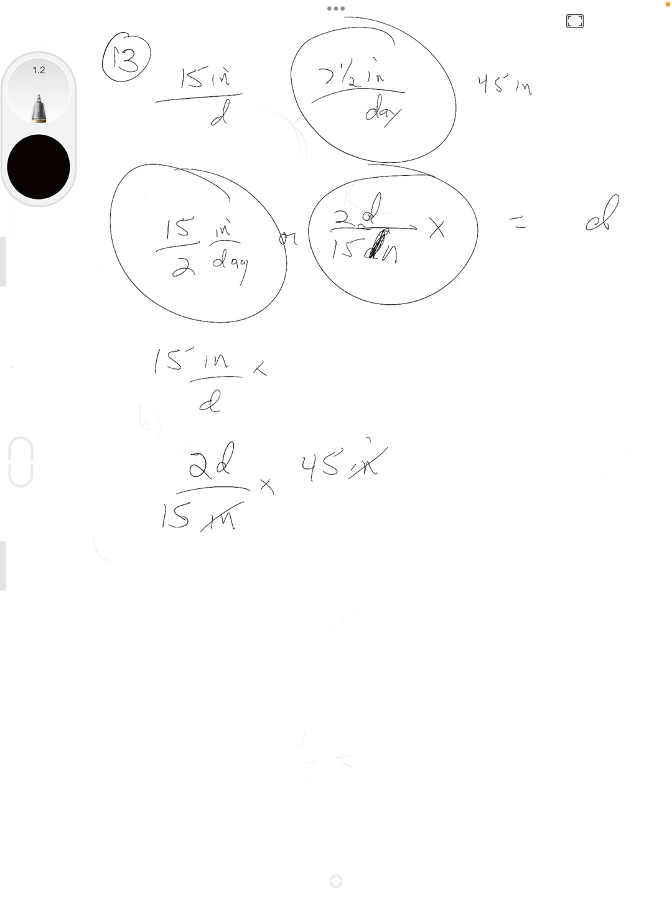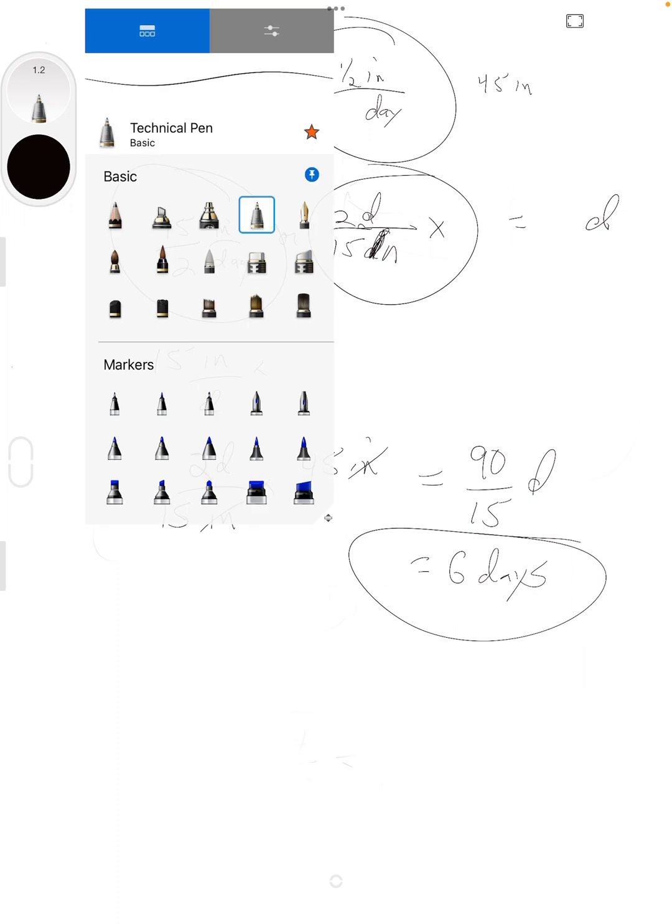So the inches will cancel. It gives me 2 times 45, which is 90 over 15 days. And 90 over 15 is 6 days. That's that answer. That's 13. Number